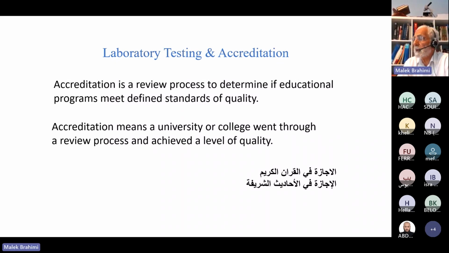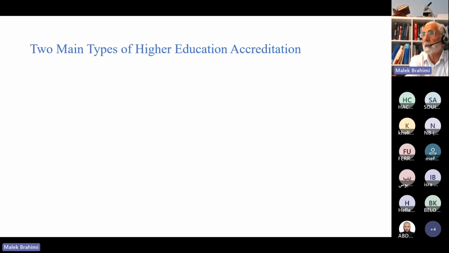Here in accreditation, Muslims preceded us in this with the ijazah in the Holy Quran. When you say ijazah in the Quran or ijazah in the noble hadith, it's more than accreditation. If a university is accredited, that means you can trust that university for your kids to study or to graduate from. It's just trust. The ijazah in the Quran is the same: you need to recite the Quran to someone who is trusted, who has the ijazah already and knows what he's doing. Same thing for hadith. These ijazahs in the early centuries were, I would say, better than accreditation. This is just a note I wanted to put in front of you.